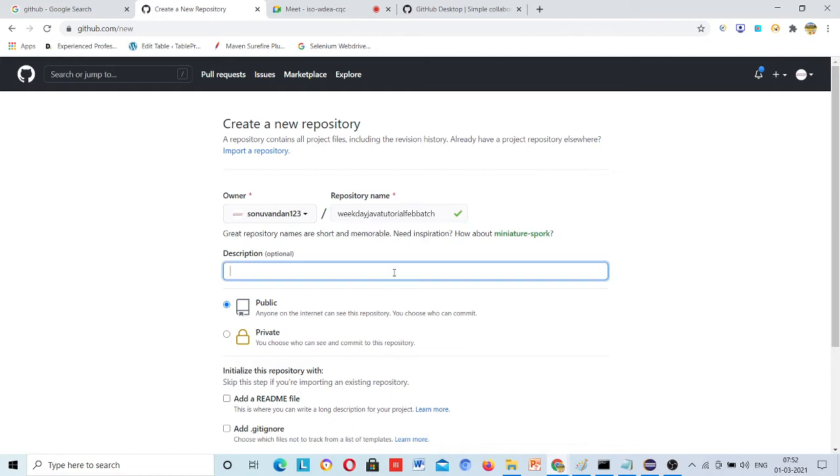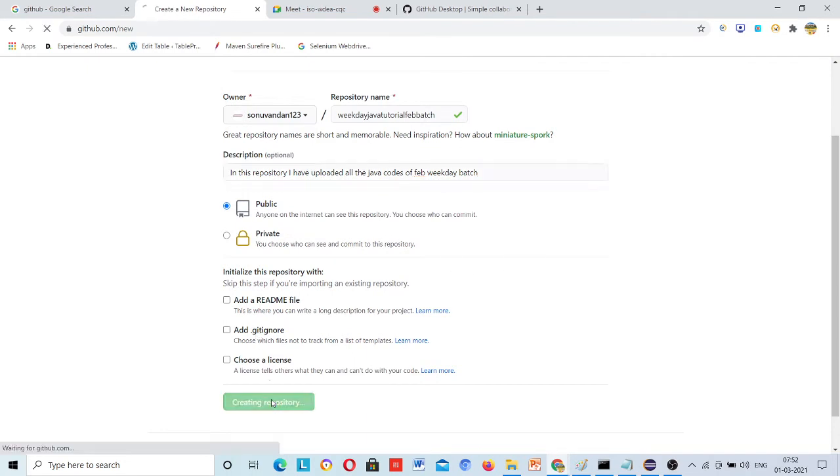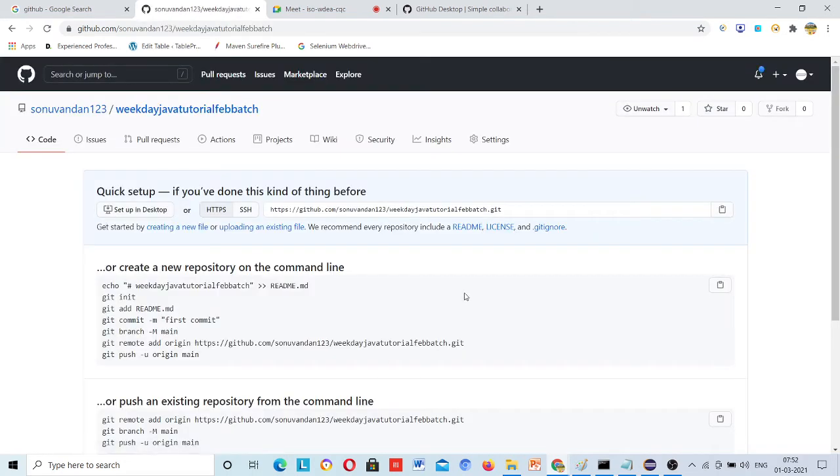Description is optional. If you want to give one: in this repository I have uploaded all the Java codes of the Feb weekday batch. Then just create the repository. This repository is created, and this is the URL where you will find your code.